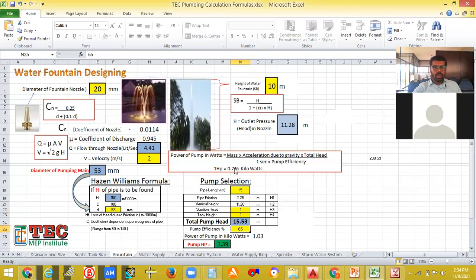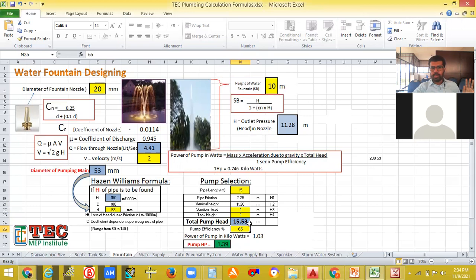So I have given the diameter of the nozzle as 20 mm. I want this water to reach a 10-meter height, and my pipeline is 15 meters. Suction head, vertical height, tank height, all those things will be given, and you got the pump head and pump capacity.